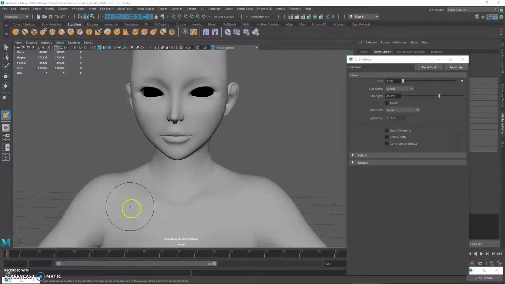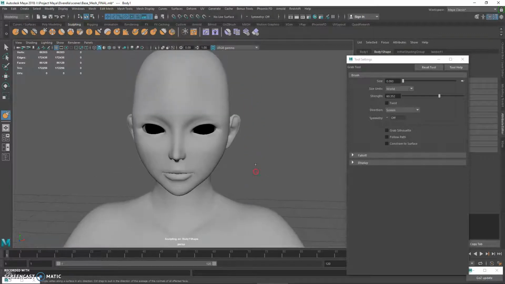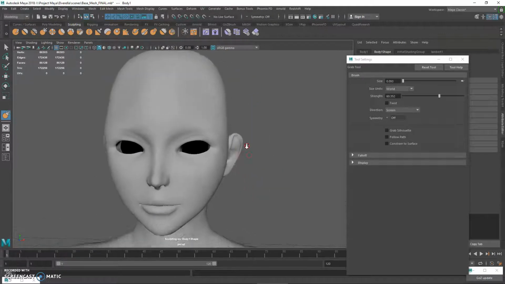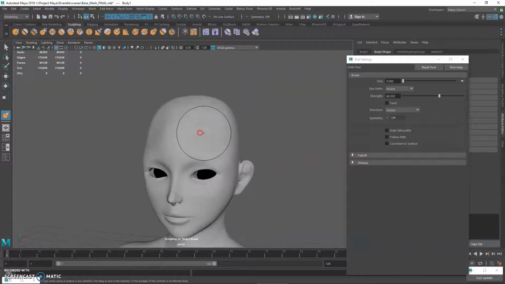So another useful feature in Maya that can help you with your modeling would be the Sculpting Tool. You can find the Sculpting Tool on this third tab, and these are all the brushes. You can try things like the sculpt, the smooth, and so on. The way it works is pretty much the same as in Photoshop, but you actually paint or